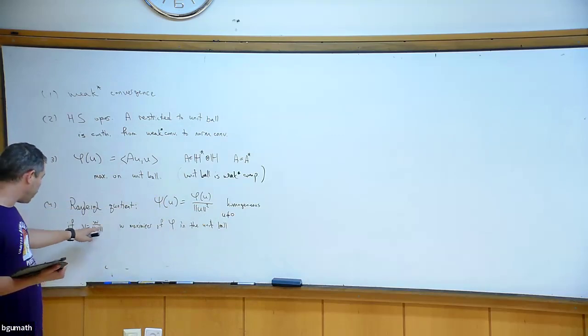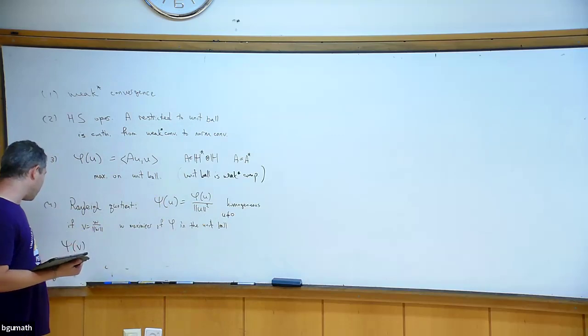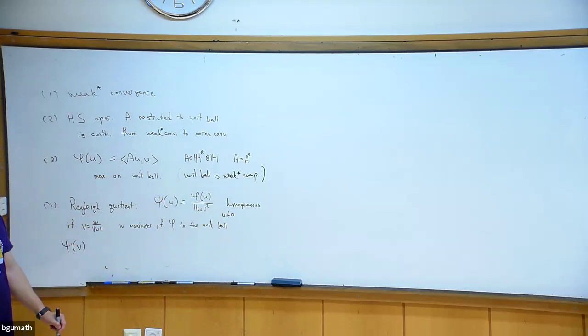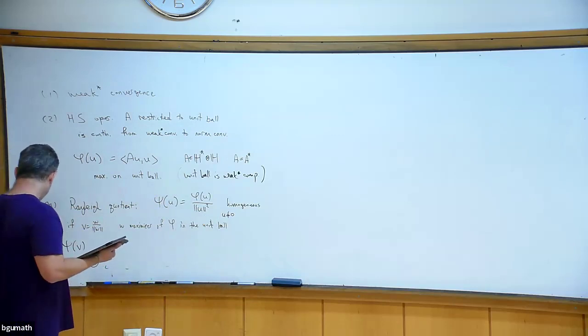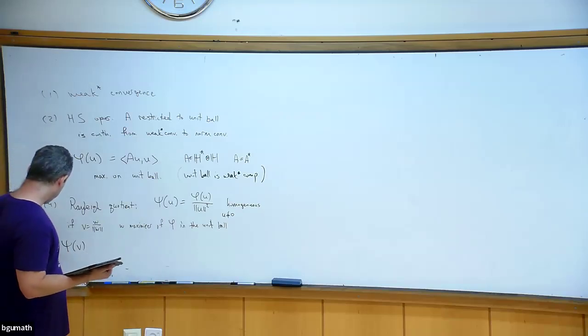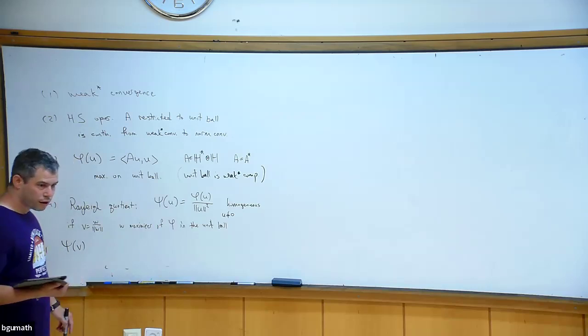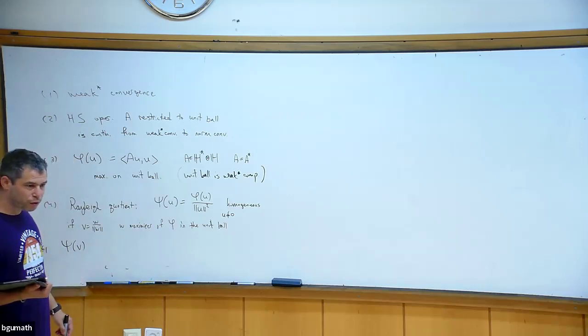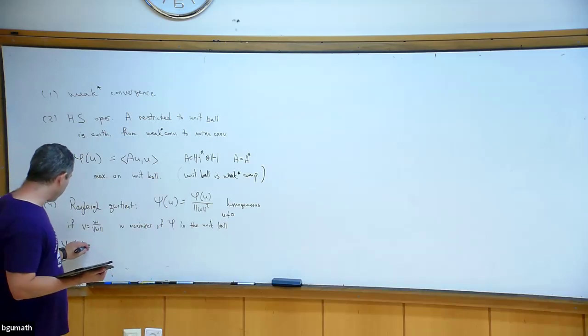Then if I take the normalized version of W, then psi of V, we did the calculation, is going to be a maximum of psi. So for any U which is non-zero but of at most unit length, anything in the unit ball minus 0 where I can talk about psi,